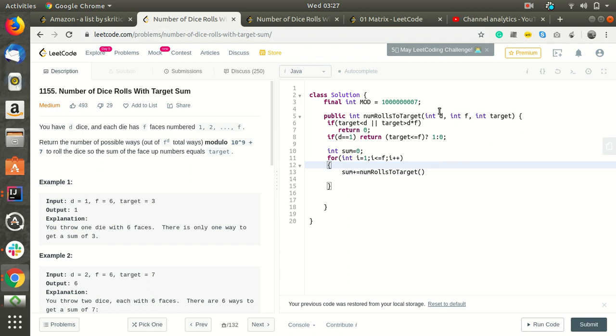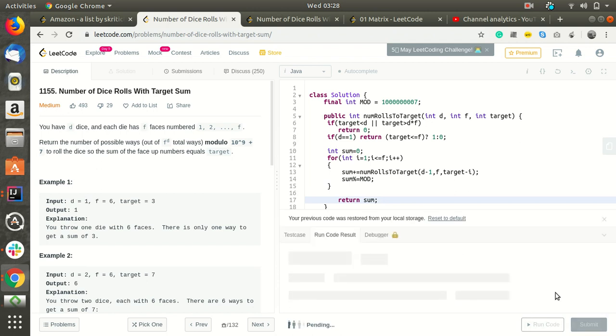We will call it in all the possible ways from 1 to less than or equal to F, meaning with all the faces again and again recursively. It will reduce the dice by 1, F will be the same, and target will be reduced by target minus i. We need the solution in the form of the modulus operator, so equal to mod. So we'll return sum.